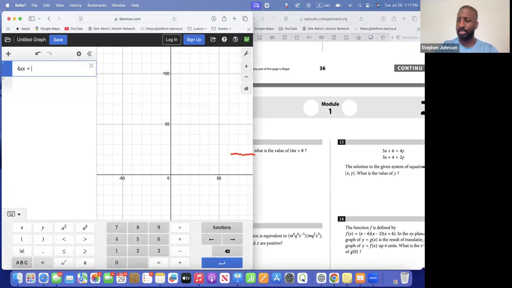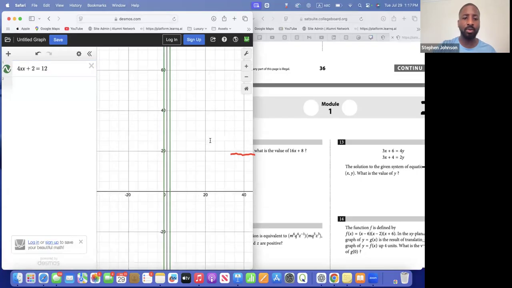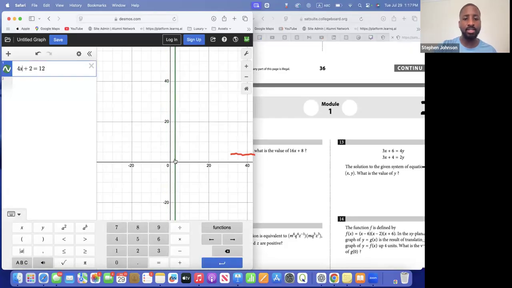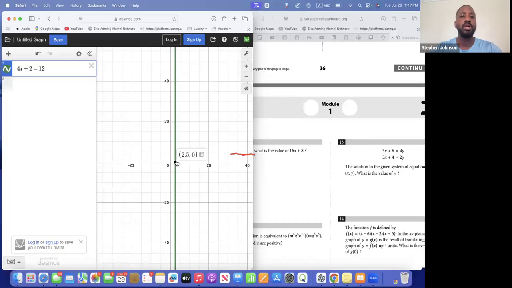So 4x plus 2 equals 12. And we have this equation. Let me just zoom in, or you have this graph. Looks like I put 4xx, didn't I? Get rid of that x. There we go. So the solution here, the solution to an equation, a single variable equation, when you put